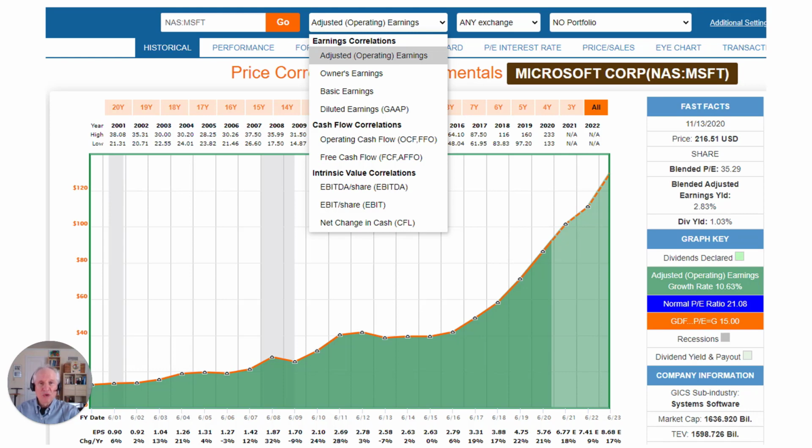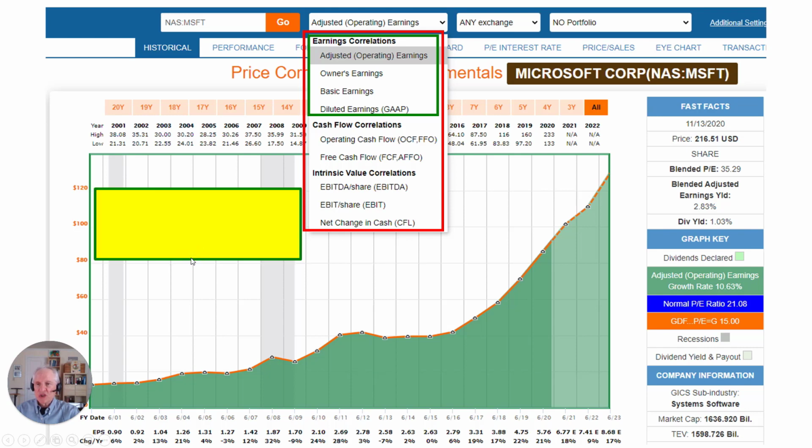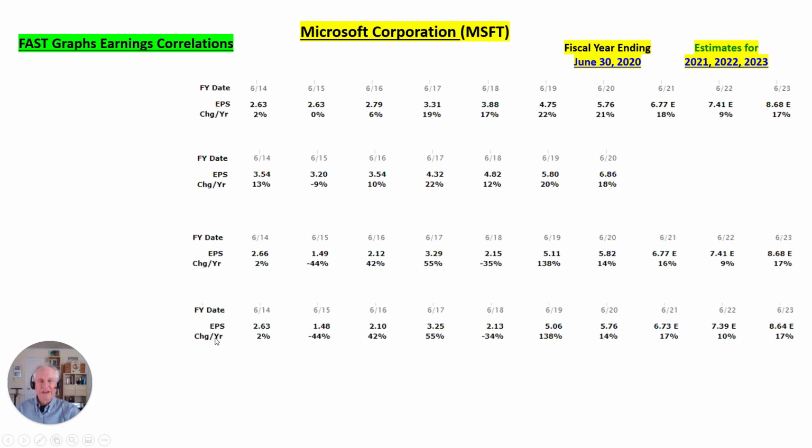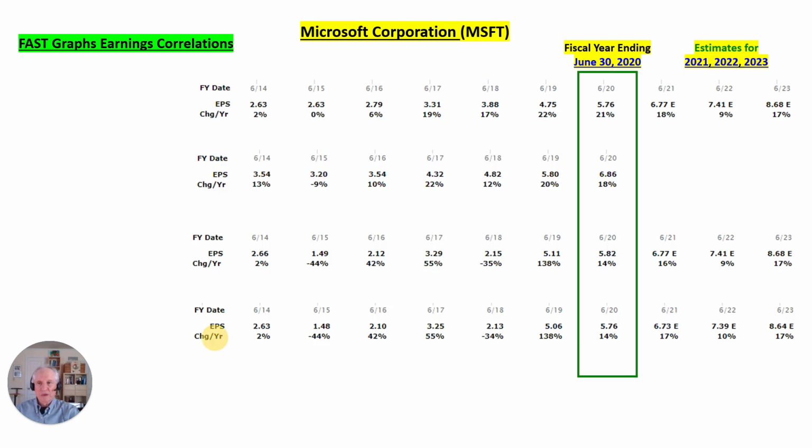There's a drop-down menu in FastGraphs, and you can see there are 9 different earnings correlations. What we're going to do is look at the first 4: adjusted operating earnings, owner's earnings, basic earnings, and diluted GAAP earnings. Why 4 different numbers? Well, when I pulled these out of FastGraphs for the Microsoft Corporation, as of their fiscal year ending June 30th, 2020,